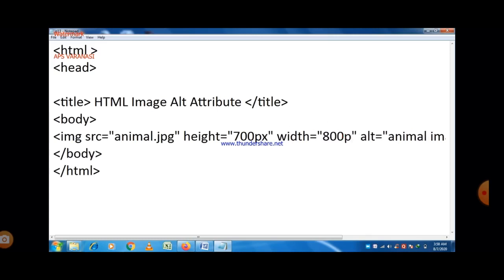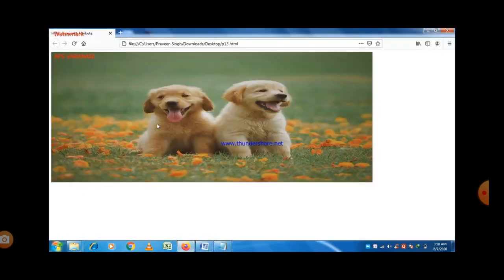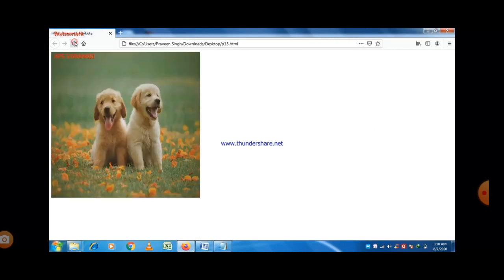So in the exam you must write px, meaning pixel. So it will declare the value in terms of pixels. So 500 pixels are here, and you can see here. Just save the web page, refresh the web page. Okay, now you can see here.